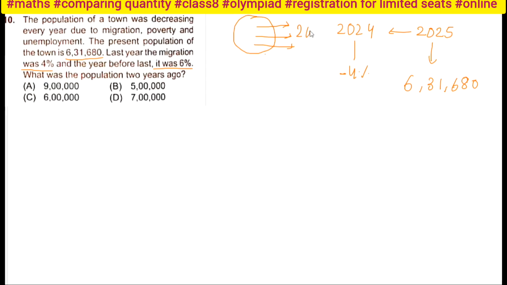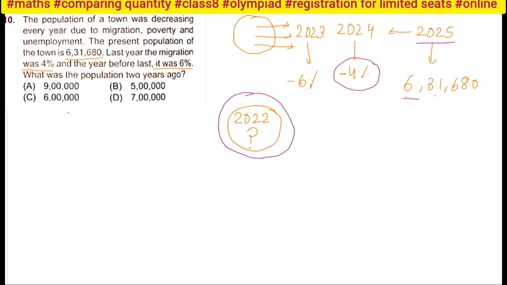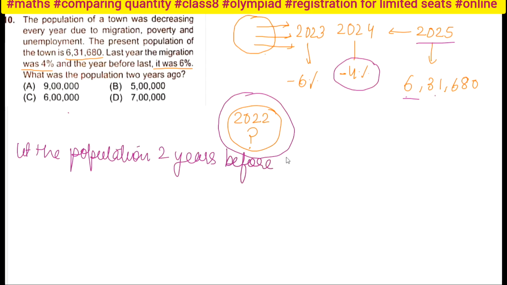Now before that, in 2023, the population decreased by minus 6%. So they are asking about 2022. What will be the population of 2022? Now you got the question. Suppose the population 2 years before is P. After 6% decrease,